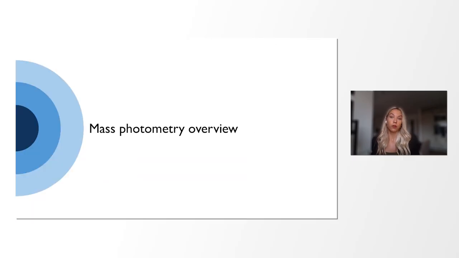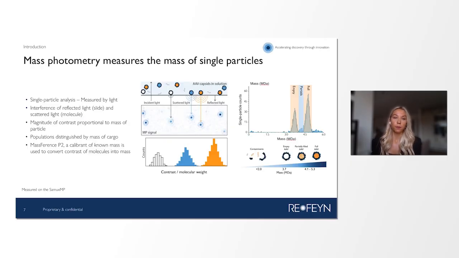Now, how does mass photometry fit into that picture? Let's have an overview of what mass photometry is and how it works. Mass photometry is single particle analysis. When you analyze a solution that contains AAVs and put that solution on the glass slide, that is then illuminated by a laser, and the AAV capsids